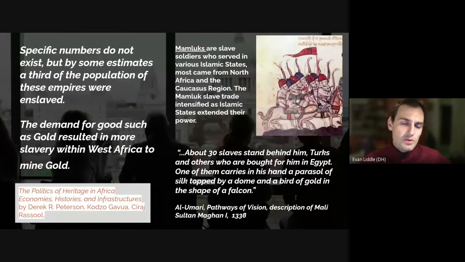Well, we don't have exact numbers for what percentage of the populations were either slaves or were enslaved in the great West African states. Some contemporary scholars estimate it may have been anywhere from a quarter to perhaps a third of individuals in these empires were enslaved or had become slaves. And it didn't even necessarily mean that they were slaves for export to another place. In some cases, it was that they were enslaved to do more work for a good that was being produced for export, such as gold or salt, both of which were major exports on the Trans-Saharan trade routes.